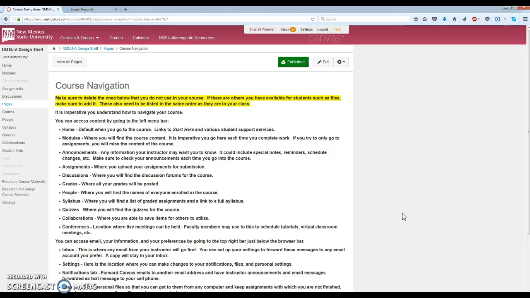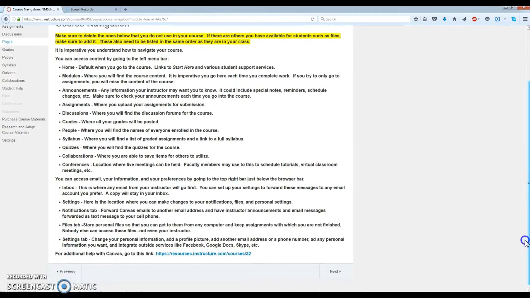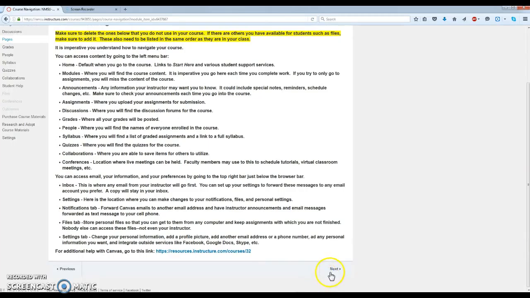And then we go through and we have a course navigation page. Now, some faculty use this one, and what I've done, I've gone through and defined everything in Canvas. And what the instructors have to do is go in and delete or change the location of these so they exactly model what they have here. Also, I encourage faculty at times to do a video here and do a screen capture like I'm doing right now.